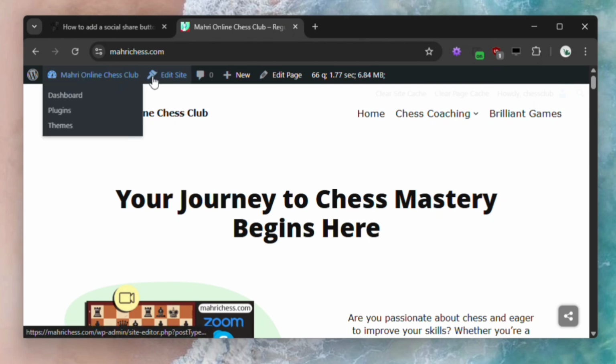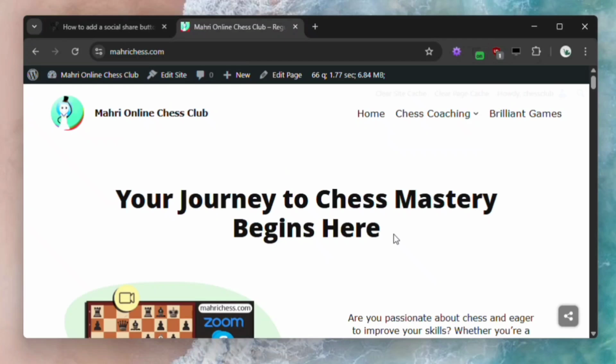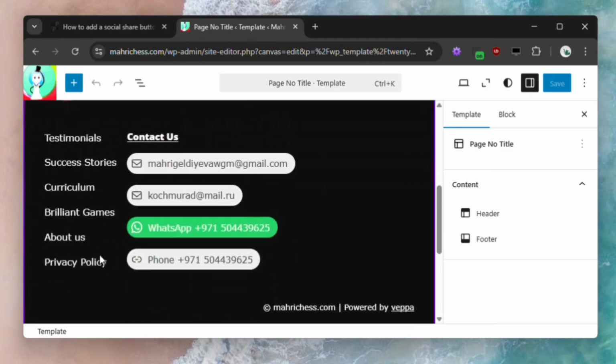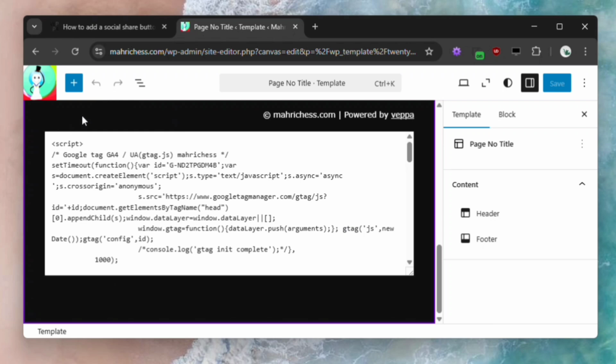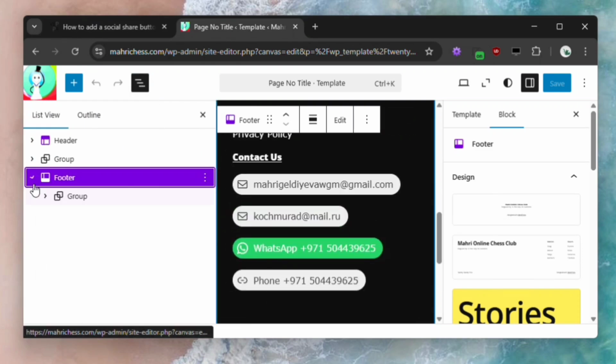This website uses a full site editing theme, so you can edit the site and add the share button to the bottom of this site. I want to add it to the footer, and here is the footer. In the footer it's added as a HTML